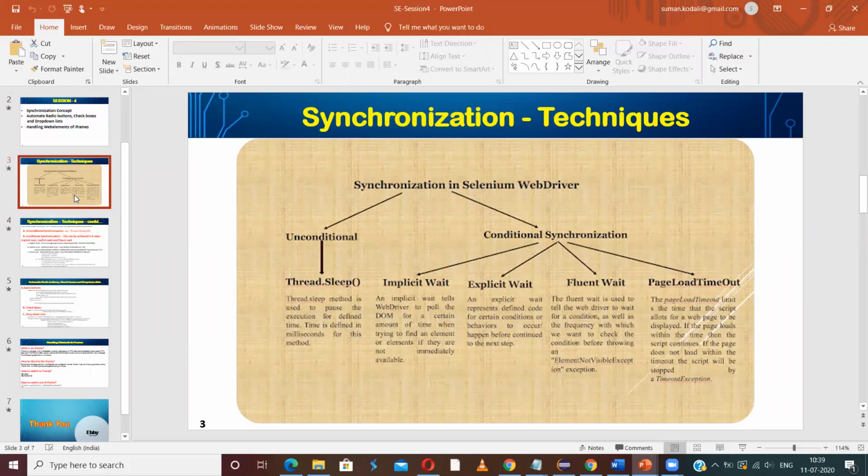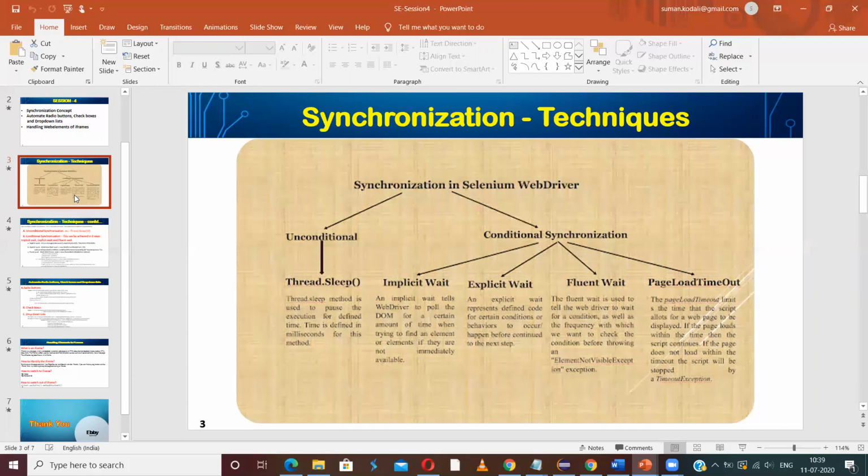If they are not available and Selenium is trying to perform an action on a web element, then the system will throw no such element found exceptions. So to avoid that, we have this concept of synchronization, where Selenium waits for an element till it gets fully loaded on the web page.